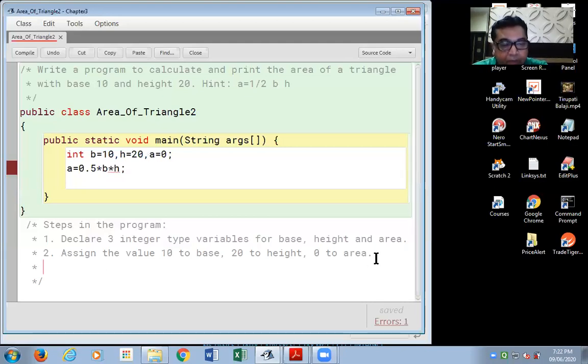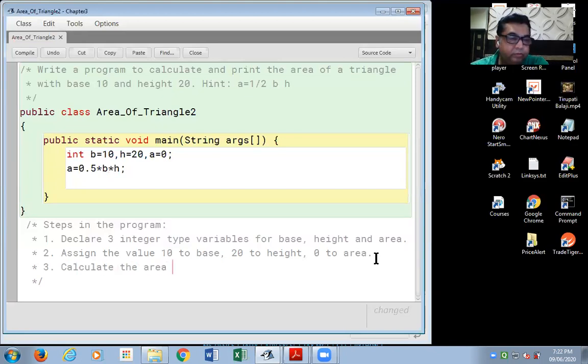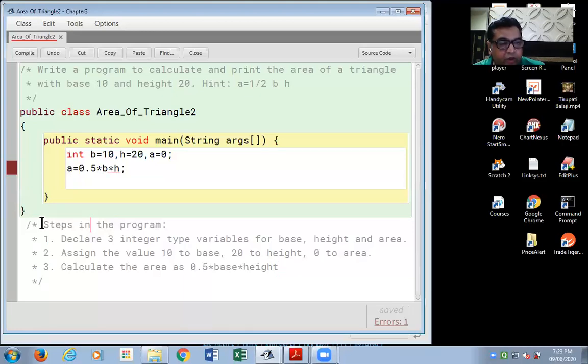So our third step I'm writing over here. Calculate the area as 0.5 into the value of base into height. Friends, I hope you are not getting confused with this explanation which I'm giving you over here for your understanding purpose.